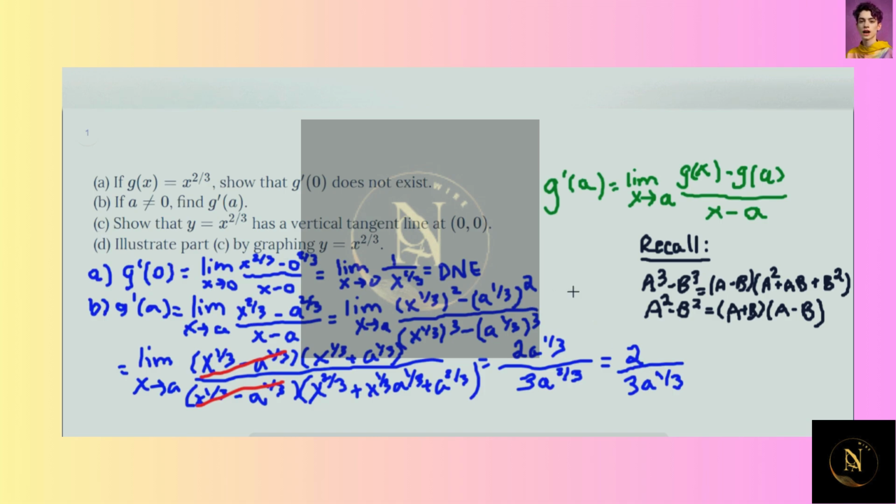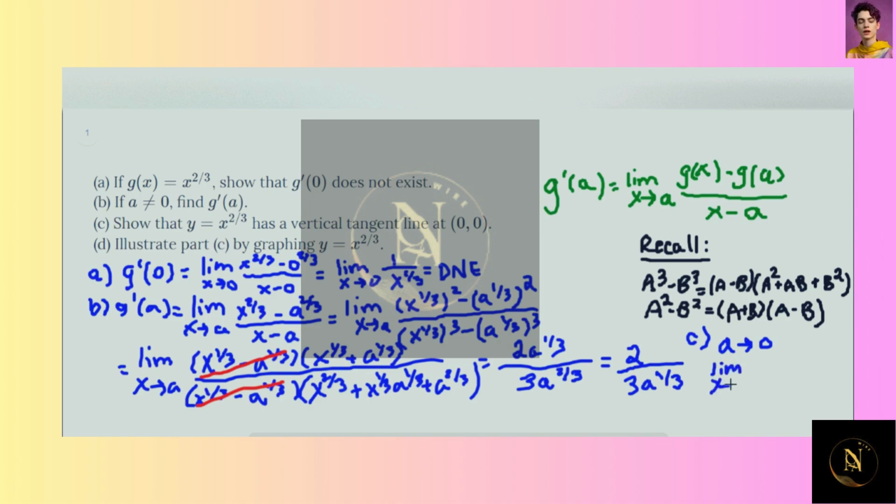Part C, show that y equals x to the 2/3 has a vertical tangent at 0, 0. So essentially, we're going to use this result, this derivative, because what this derivative means is the slope of this function. And a vertical tangent line has a very characteristic slope. So as a approaches 0, just like we showed in part A, but more correctly in part B, it's going to be this limit